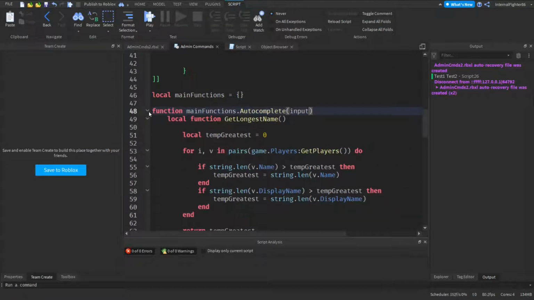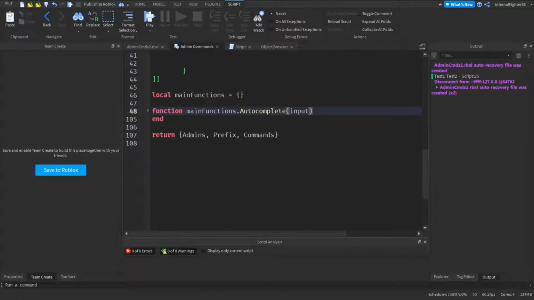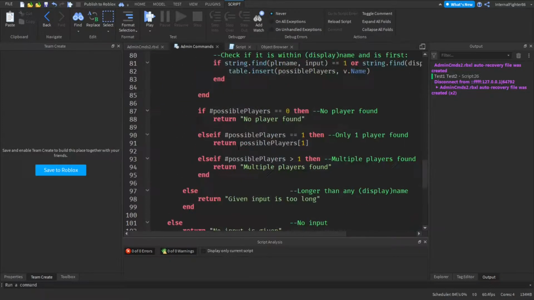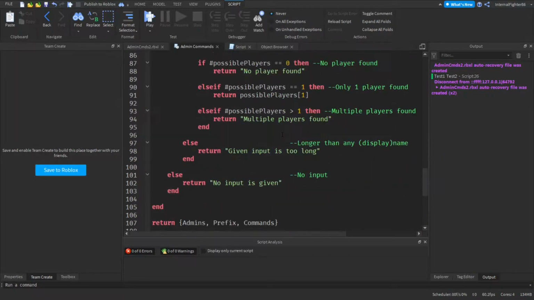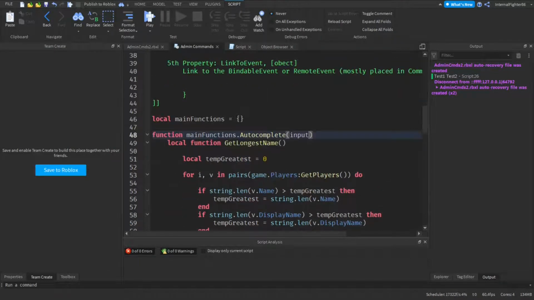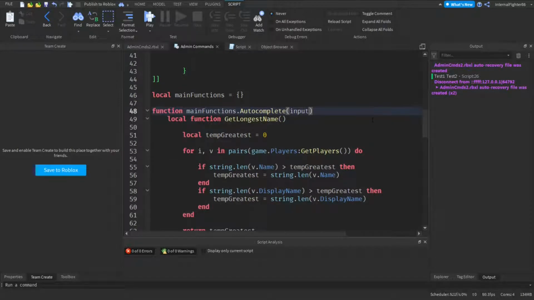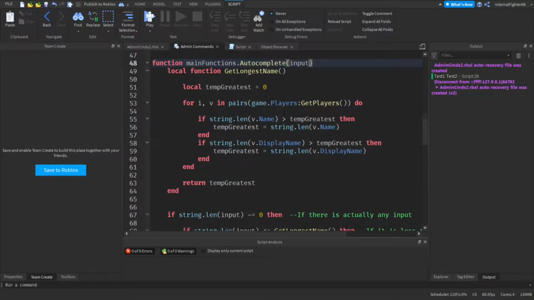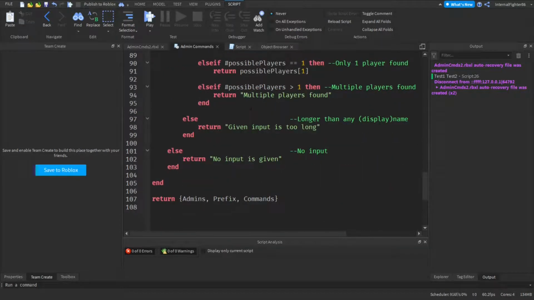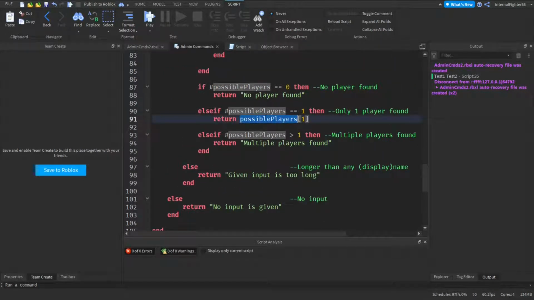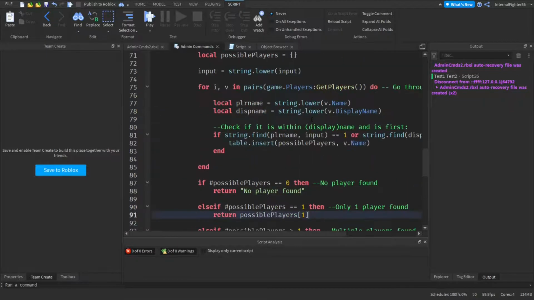So in this case, I can say, yeah, this is return. I'm pretty sure that's return right here. These return values I'll edit later on. Okay, so I've inserted the function and I've just copied and pasted. These return values I'll actually change later on, I'll tell you why. So possible players are 1, so it's possible without a name, so we're entering the name, right? So I can just say,